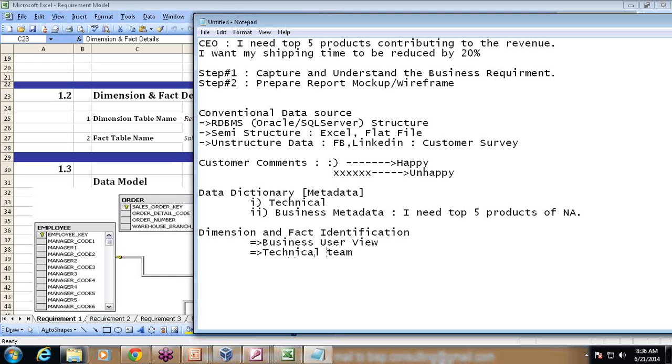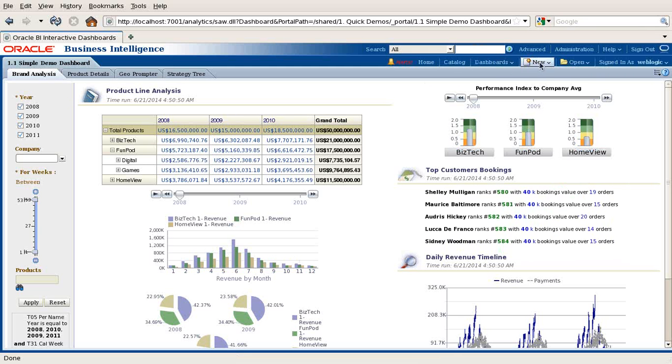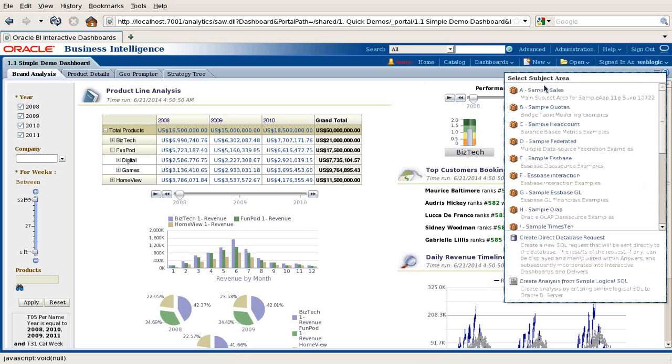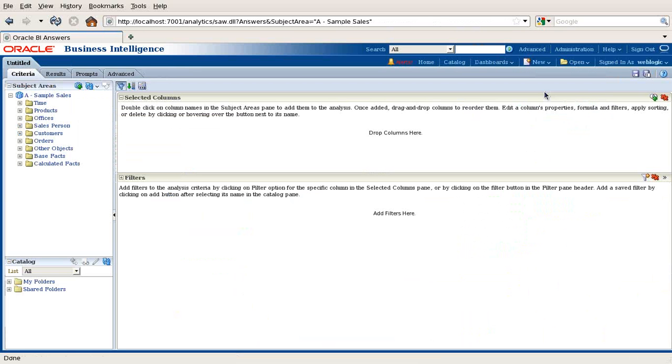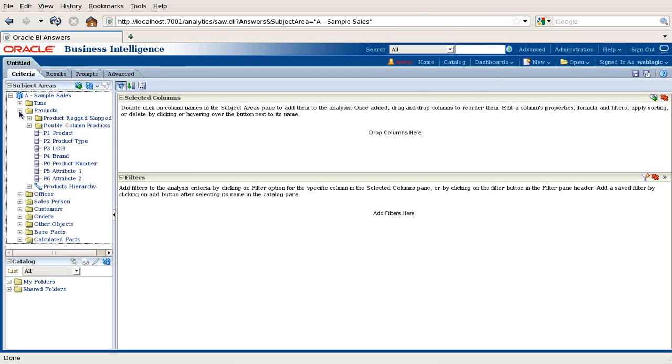If I'm a tester, my view is different. I'll show you this live example. The OBIEE sample is designed considering this parameter. Assume I'm a business user and I do not know anything about technology, but I know about my business very well. To get the required data, I don't need to be a master in databases. I don't need to know SQL queries. I don't need to know anything about it, because the way information is organized is in my language, in business vocabulary. I simply drag and drop whatever I need